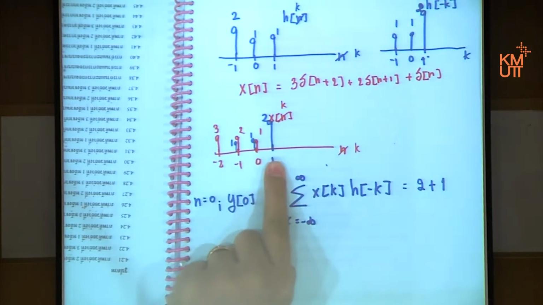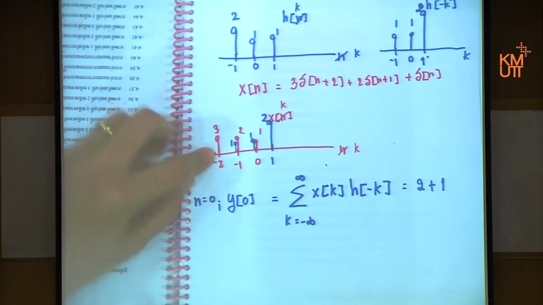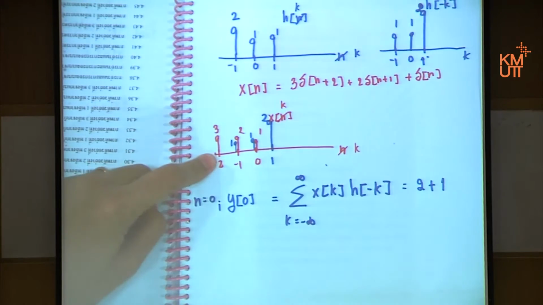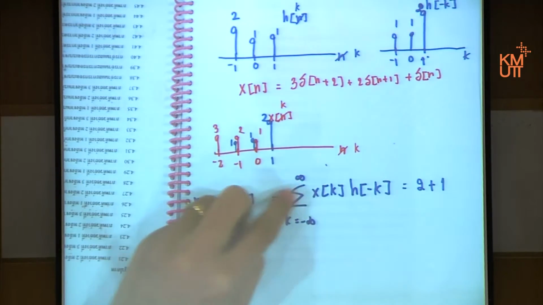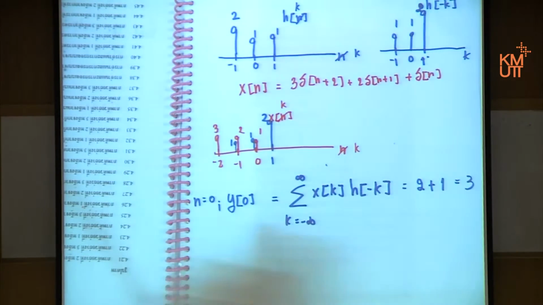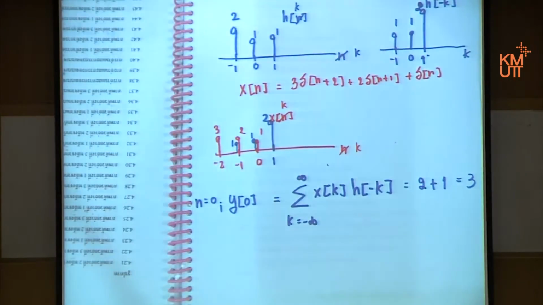For this stem, the red one is equal to 0 (สีแดงเป็น 0 สีน้ำเงินเป็น 2), 0 multiplied with 2 you get 0, so you don't need to multiply. For this one the red one is 3 and the blue one is 0, so 3 multiplied with 0 you get 0. So it means that in the summation you only sum two terms, 2 plus 1, so you get 3. So y0 is equal to 3 นะคะ ต่อนะคะ